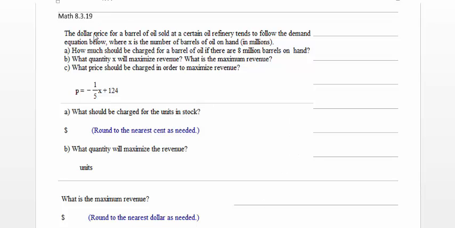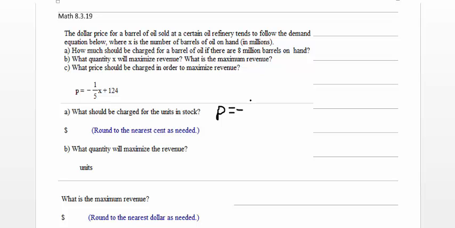In exercise 19 of section 8.3, the dollar price for a barrel of oil sold at a certain oil refinery tends to follow the demand equation P equals minus 1/5 X plus 124, where X is the number of barrels of oil on hand in millions. How much should be charged for a barrel of oil if there are 8 million barrels on hand? So to find the price that should be charged for a barrel if there are 8 million barrels on hand,